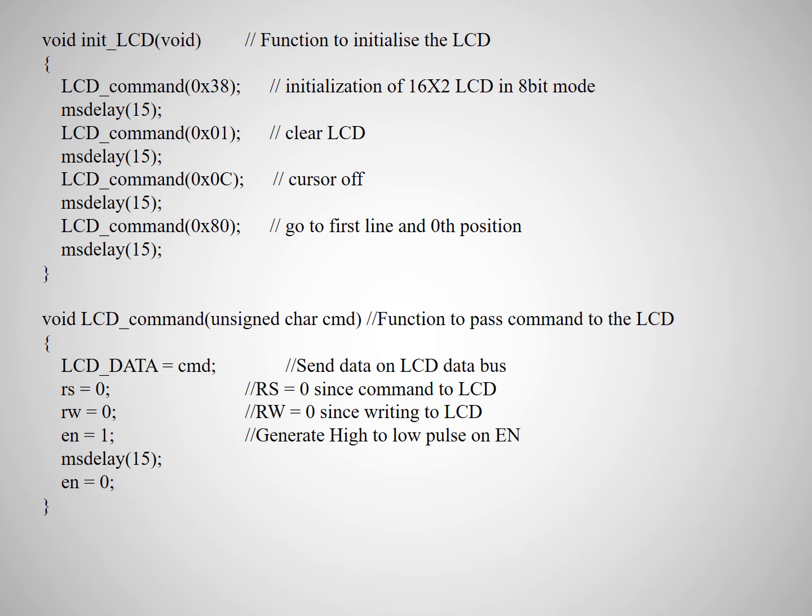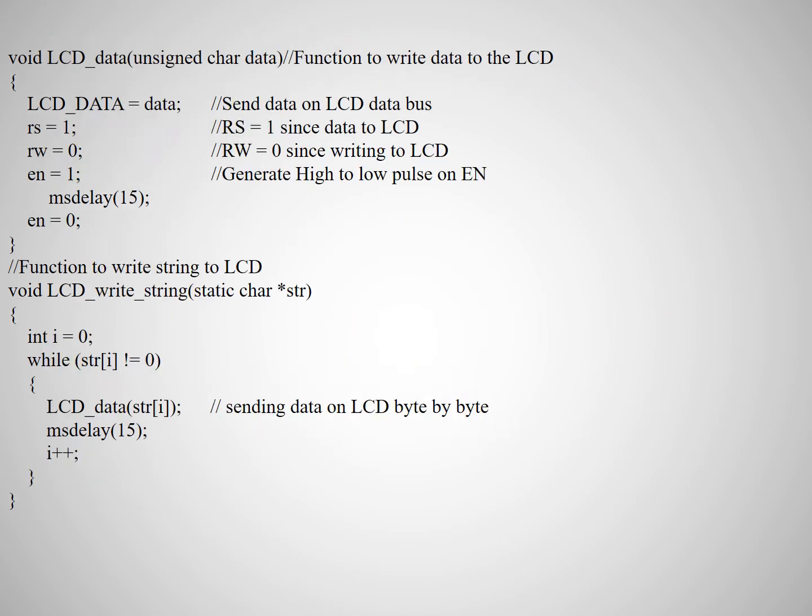For the command routine, you know RS should be 0, RW should be 0 as you want to write, and enable should go high to low. These are the things. And 38 is 8-bit, that's why it's going on LCD_data. Now for